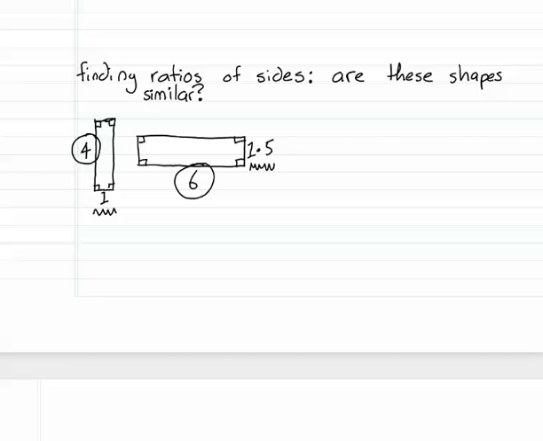I could do 6 over 4, or I could do 4 over 6 in this case, as long as when I did the other pair of sides, if I was going to put the biggest side on top, I'd do that for both of them. Or in my second example,